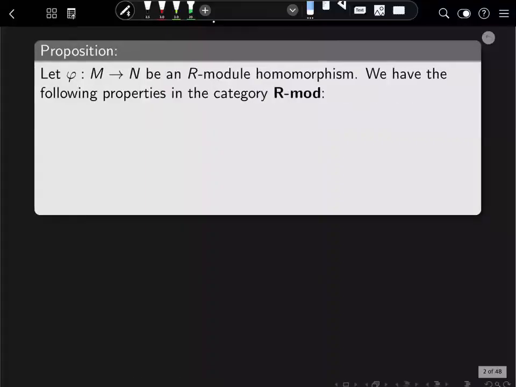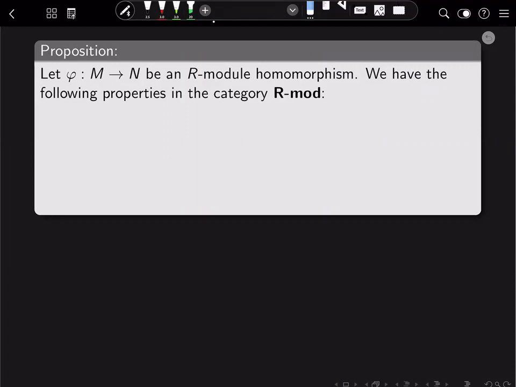Okay, so today we are going to continue our discussion of modules. What we want to do today is characterize kernels and cokernels in the category of R modules and talk about some of the properties they satisfy. In particular, these properties play into the category of R modules over a ring R being what's called an abelian